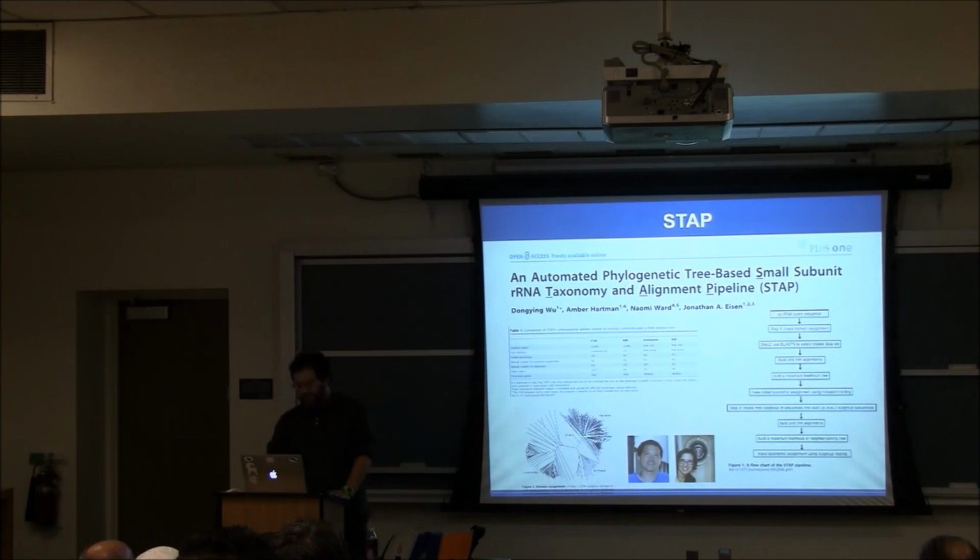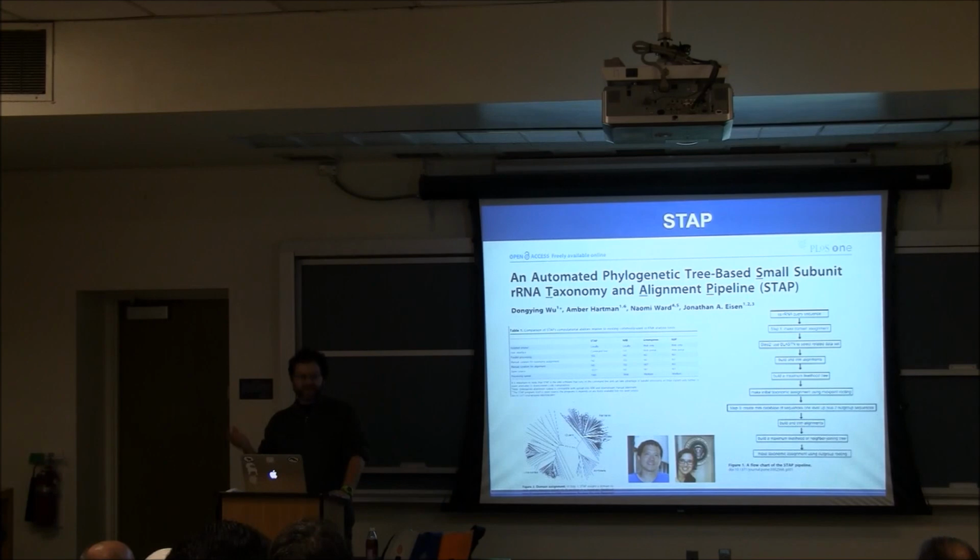So a few years ago, we built what was really the first completely automated pipeline for taking large amounts of ribosomal RNA sequence data and having as an output phylogenetic trees and taxonomic assignments of those organisms based purely on the phylogeny. Rather than what most people were doing once they started to generate lots of sequences, which was to do a BLAST search, a similarity search with their sequence, and pull up the best hit and say, most likely my organism is this.